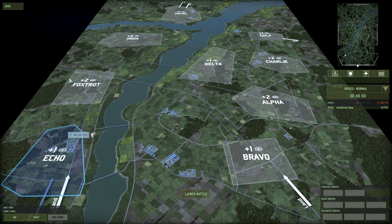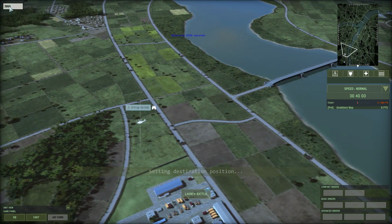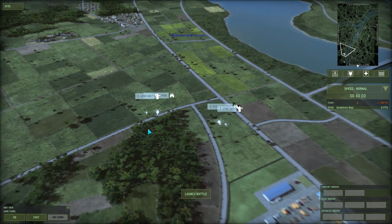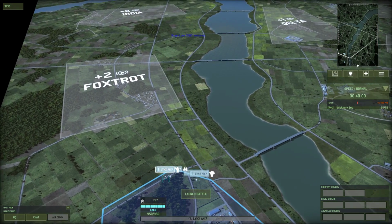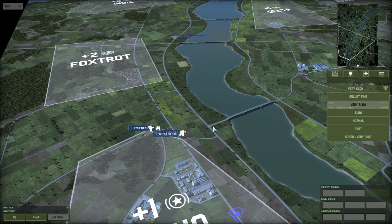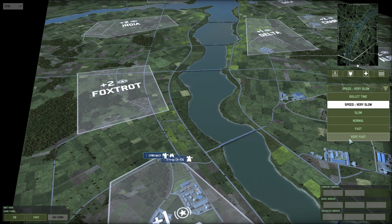So let's first just get again a CH53 and Lynx H7 next to each other. And let's also do this on top of forest, so they start in the air, just to also show you the difference it can make when you start your helicopter units already in the air as opposed to on the ground. So let's tell these to fly there, shift, unload, tell these to fly there, shift, unload, and let's just see